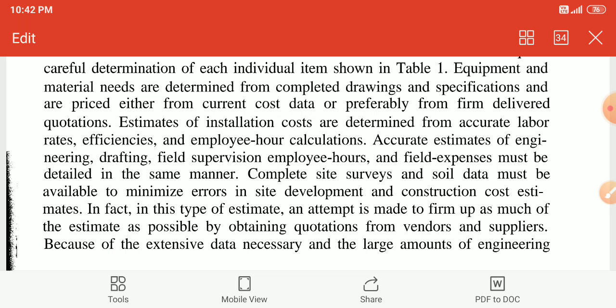Complete site survey and soil data must be available to minimize errors in site development and construction cost estimate. In fact, in this type of estimate, an attempt is made to firm up as much of the estimate as possible by obtaining quantities from vendors and suppliers, because of the extensive data necessary and a large amount of engineering